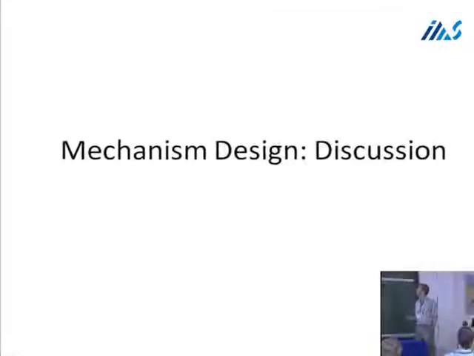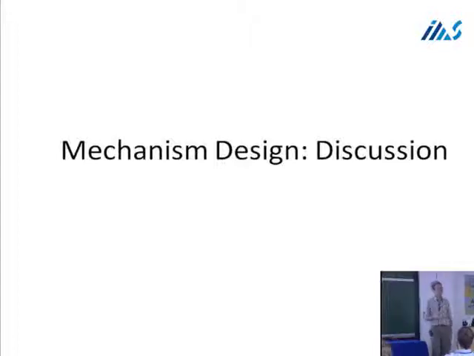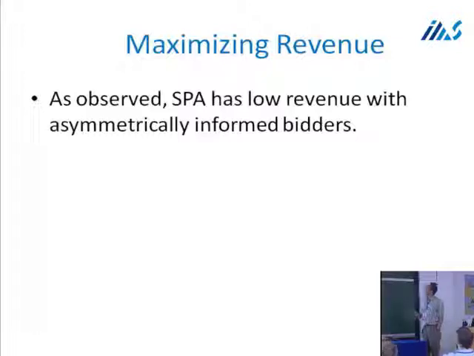Okay, so let me briefly talk about the mechanism design. Up to this point, I was thinking about the second price auction as a fixed auction and trying to figure out what's happening in this auction. But now you can ask, as mechanism designers, how should we design an auction when we have this asymmetry of information? If we want to maximize revenue, note that in a common value auction, every allocation is efficient. It doesn't really matter who gets the item. So the goal might be maximizing revenue. And we saw that the second price auction, when we have only one informed bidder, has very low revenue.